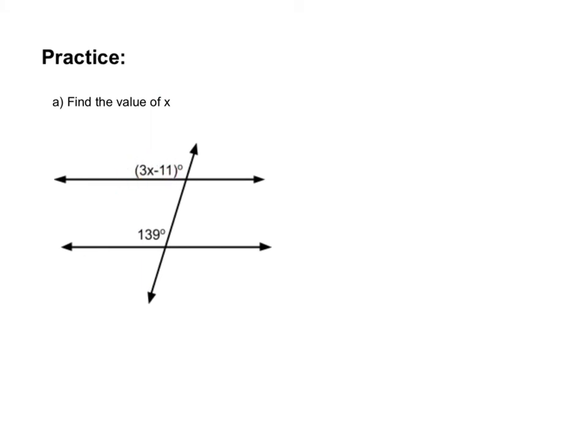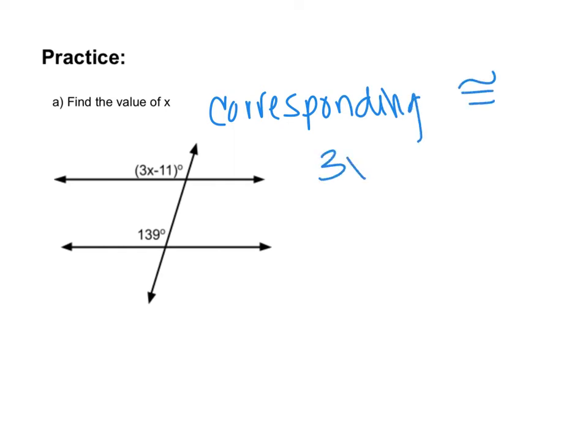These angles are in the same spot in relation to these 4 angles and these 4 angles. It's in the top left. This one's in the top left. They're not both on the inside. They're not both on the outside. So because they don't have either of those relationships, let me just compare where they are. They are in the same spot. So these are corresponding angles, which are congruent. So corresponding angles are congruent, and that will be the relationship that we'll use to solve for x,